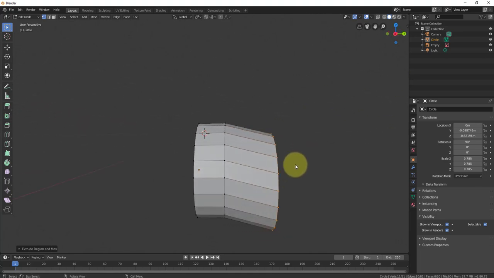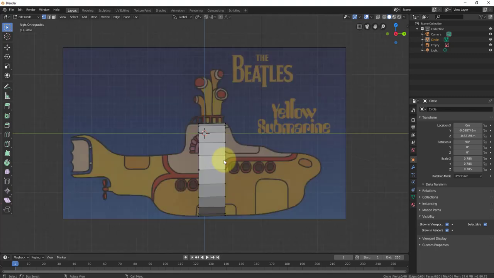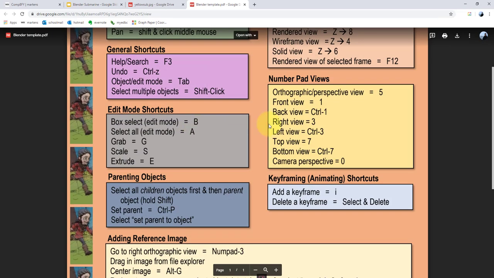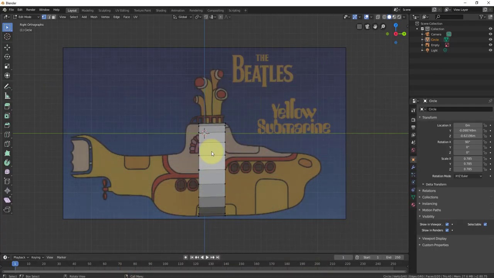To avoid that with your box select, I'm just going to undo that. We could make this wireframe instead of solid. Okay, and the keyboard shortcut for that one is, let me just find it for you here. So wireframe solid is Shift Z. So if we press Shift Z,